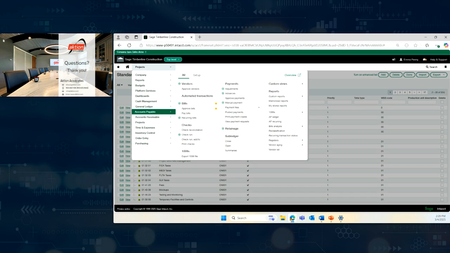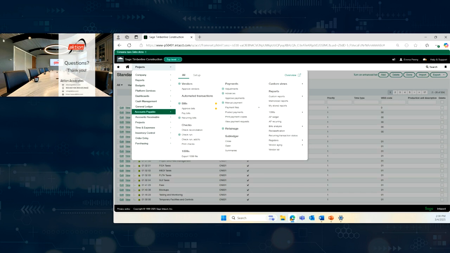That's because Sage has a concept of always closing. What does that mean? Intacct is always up to date. When you do things like run a financial report or do a job report, anything like that, you don't have to worry about, oh, I better go and make sure AP is posted. I better go and make sure job cost is posted. It is. So your reports are always up to date. So we have those